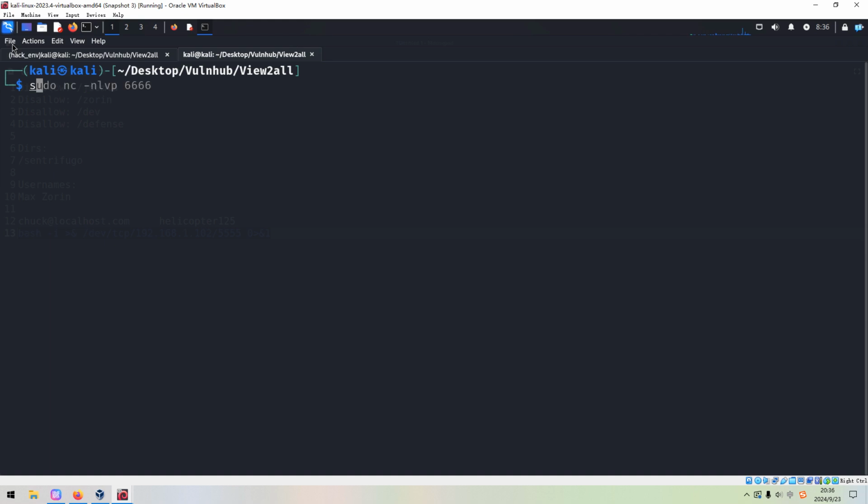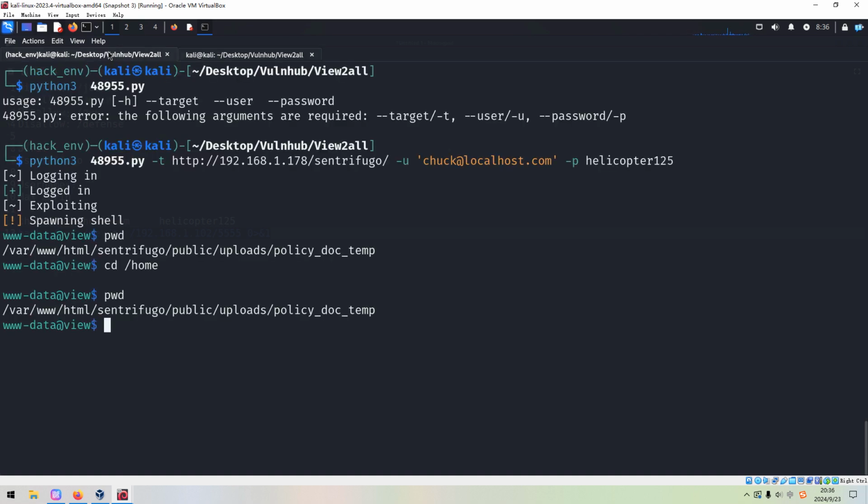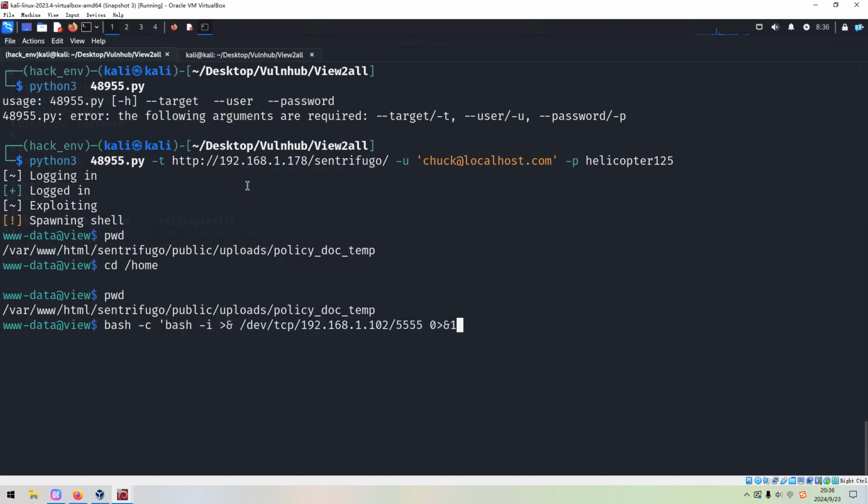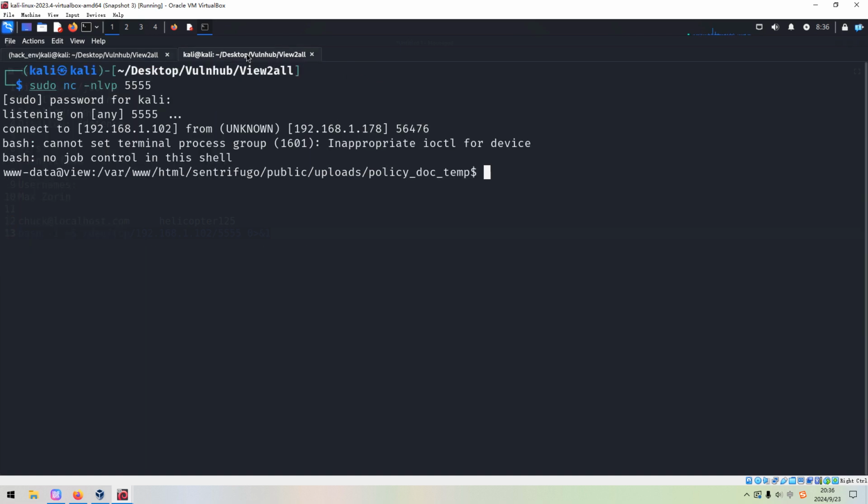We can set up the listener first. Okay, the listener is working. And now we can run bash and paste over here. Now let's go back. As you can see over here, we got another shell. And now I think we can navigate across different locations or directories.